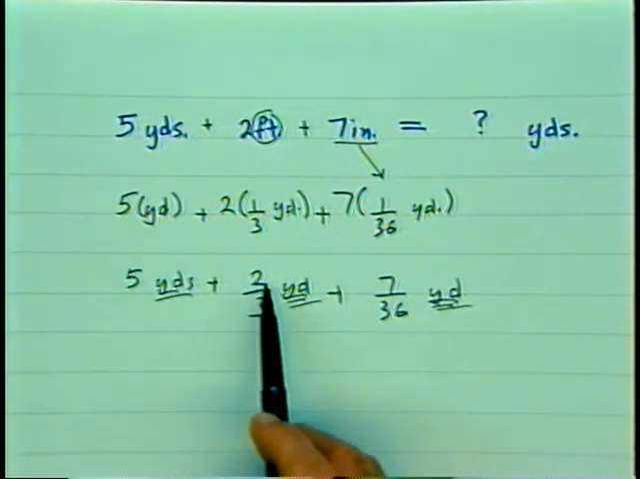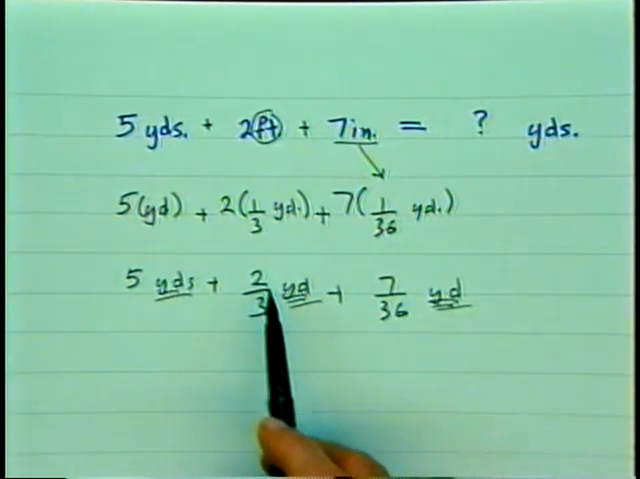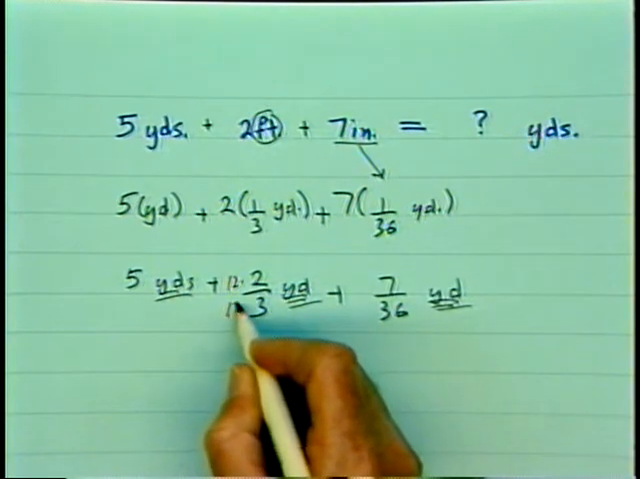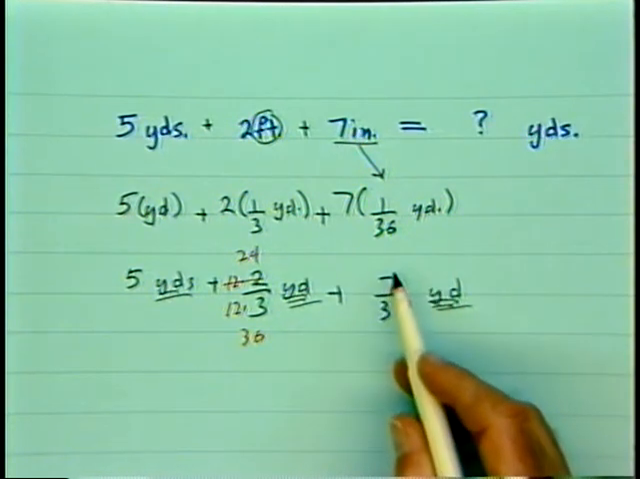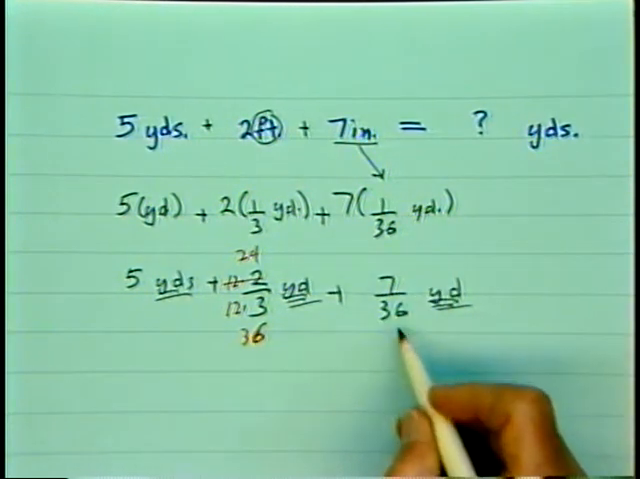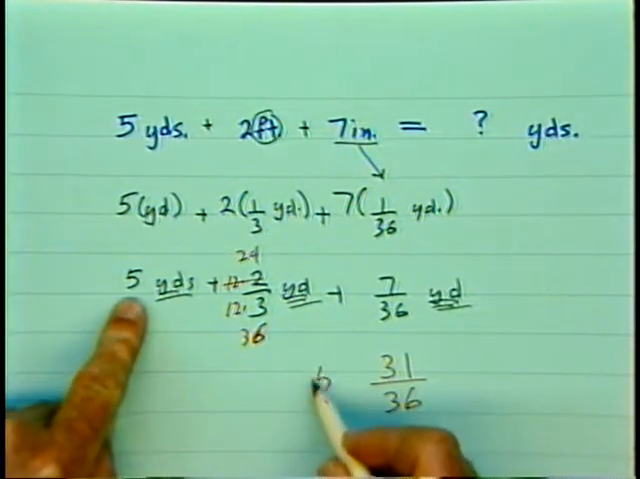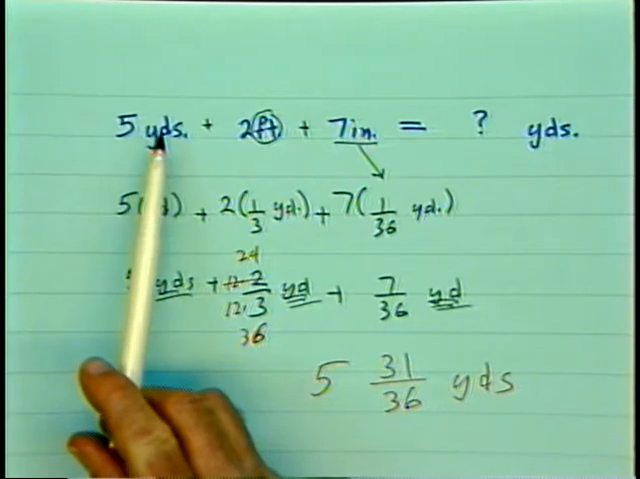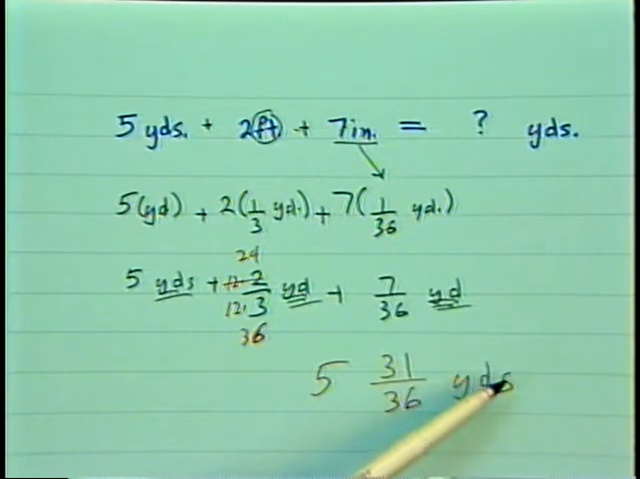Now that they are all the same units, yards, I have permission to add what we will later in algebra call the coefficients. We call here the number part of the measurement. So 5 plus 2/3 plus 7/36. And of course, we're right back into reviewing fractions, aren't we? Getting common denominators here. I have 24/36 plus 7/36 is 31/36, and the 5 yards. So we can say that 5 yards, 2 feet, and 7 inches is 5 and 31/36 of a yard, or